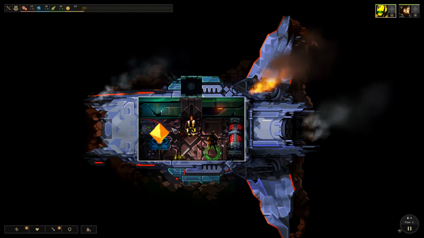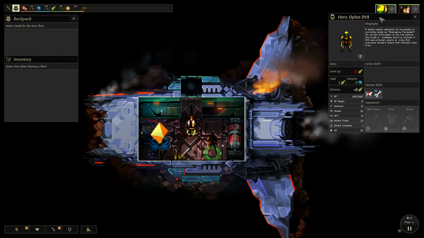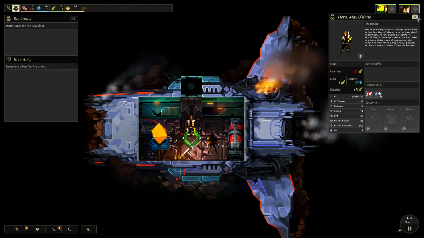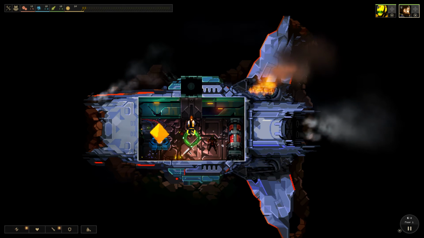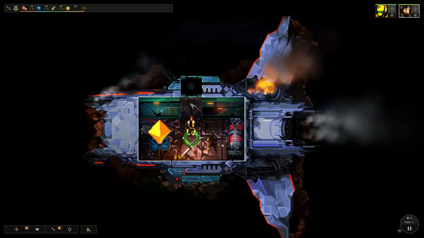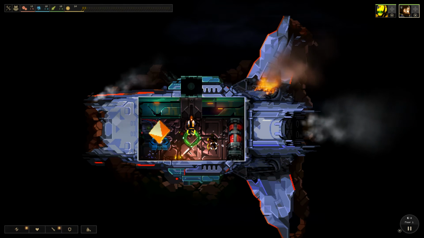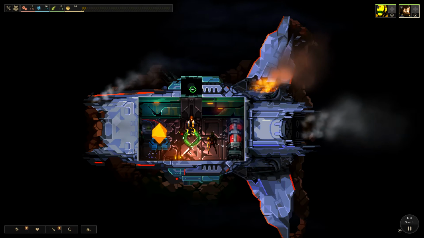Alright, so here we are. So we got these 2 heroes. Let's see what they are called. Opbot and Max O'Kane. And this is our crashed shuttle. And this game is turn-based in the sense that every time we open a door, like this one, it